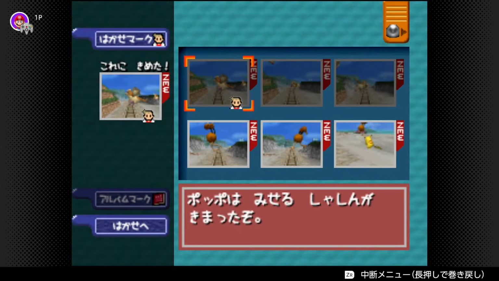First and foremost, of course, Poppo, PG. Wa, the topic particle, so as for Poppo. Then we have miseru, to show, before a noun, so actually a relative clause, a verb related to that noun, which is shashin in our case, so the photo that, implied, you will show. Then we have the subject particle ga. Last but not least, we have the verb kimatta